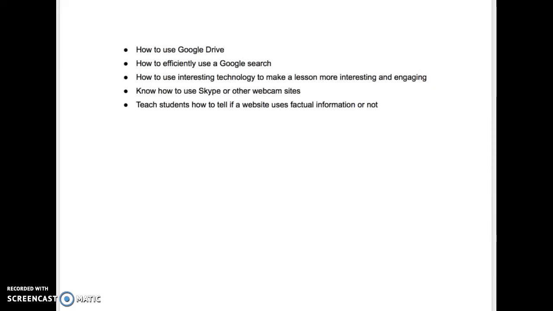So here we have my list of topics that I think are very important within digital literacy for teachers to start using in the classroom. So first of all, I have how to use Google Drive, because I started with this in middle school and high school, and I think that maybe in later elementary school this is something that would be amazing to start even then, because that's usually when students begin doing group projects, which is something that Google Docs, slides, spreadsheets